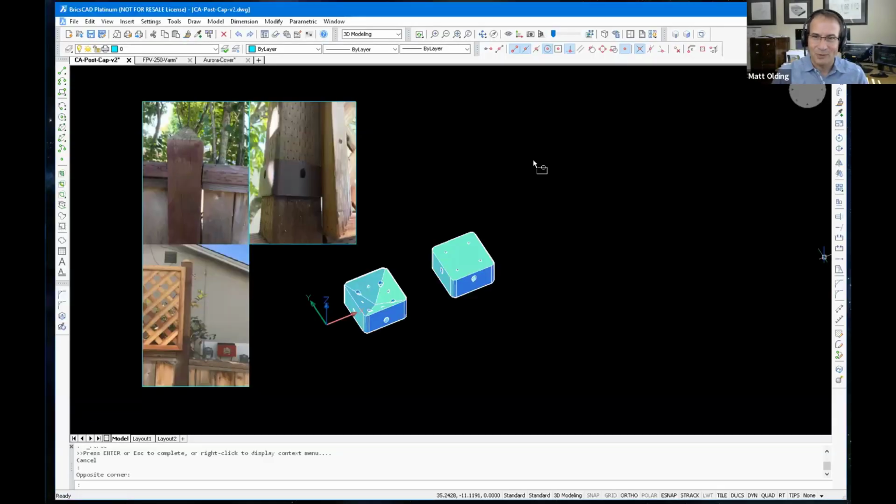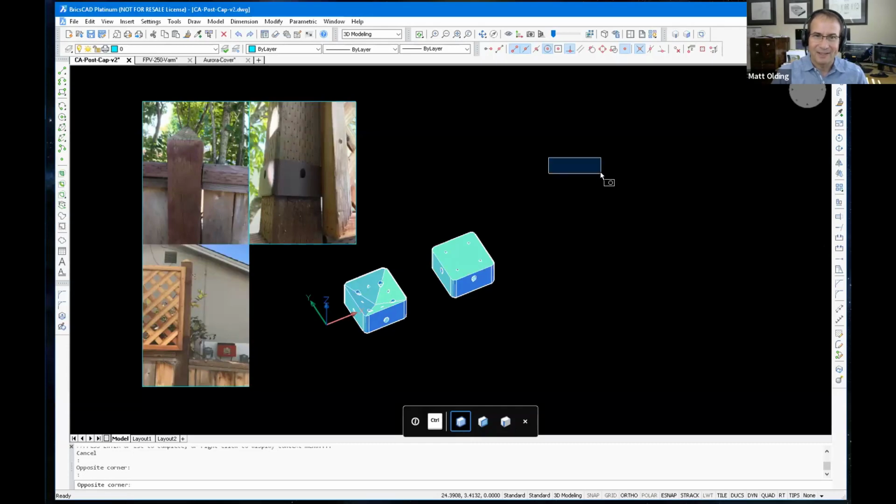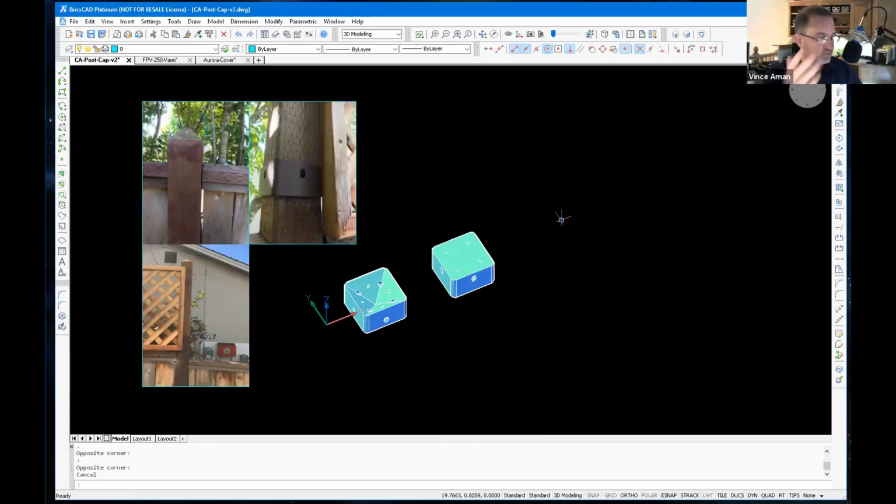So. Yeah. Well, cool. Why don't you show me your user interface and show me what you've been working on here lately? Well, we were talking about this the other day, and